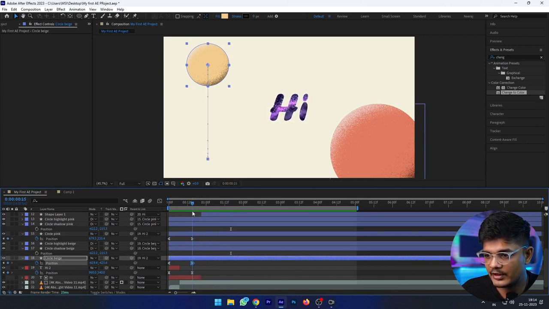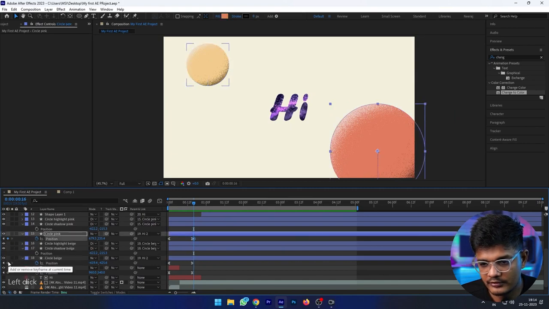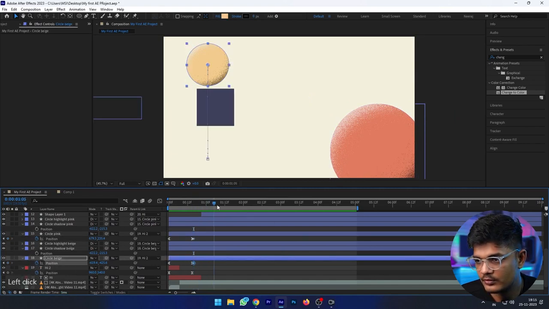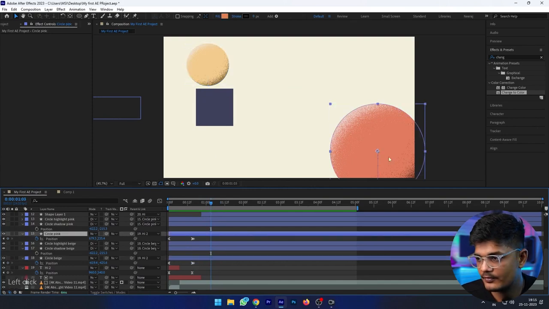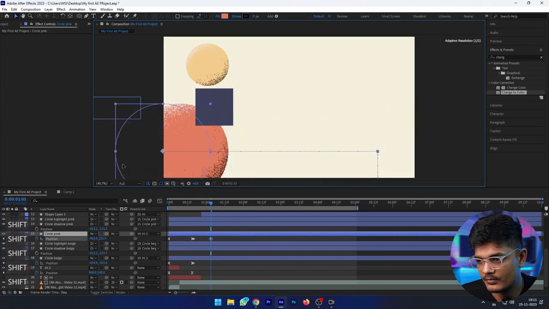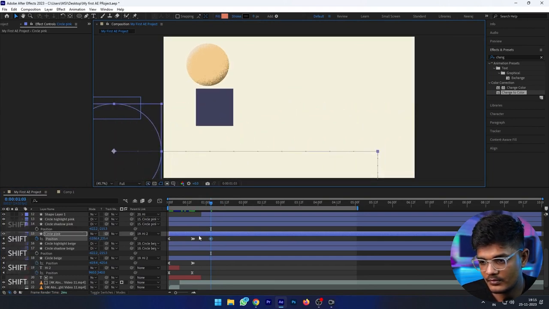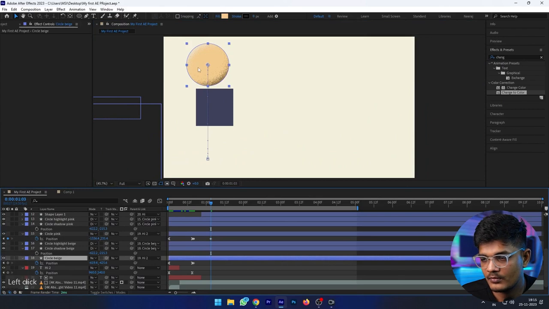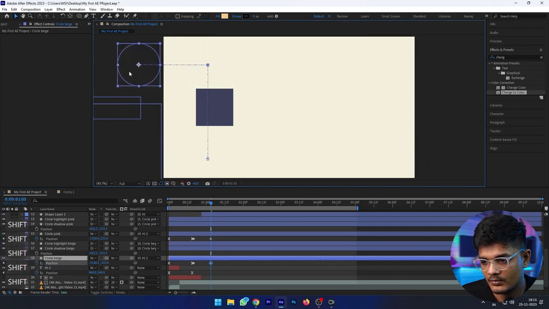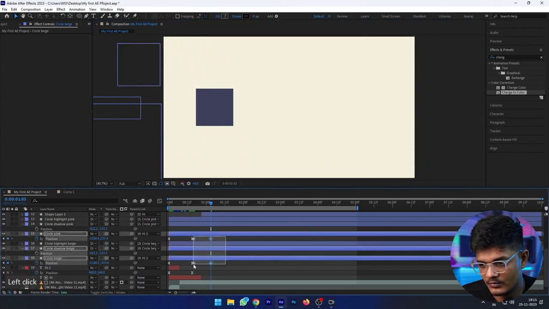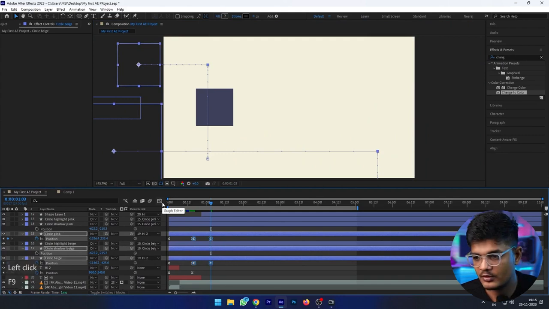So when this box is moving, we can also make these balls go out of the frame. Okay. So at this point, let's change their position to F9.